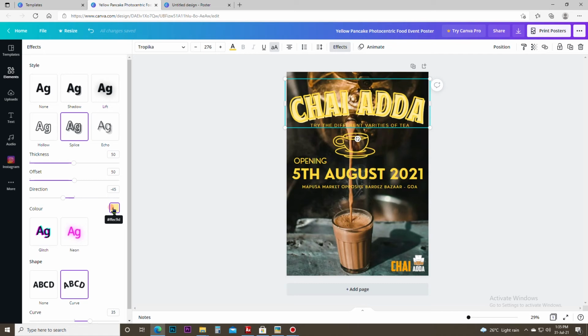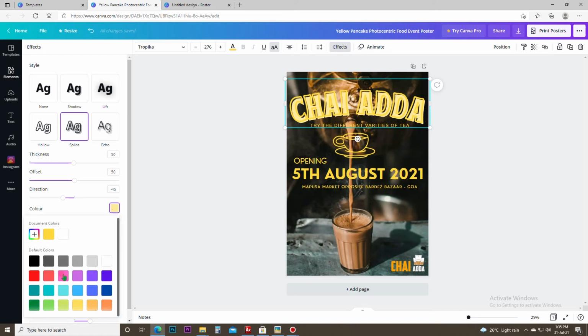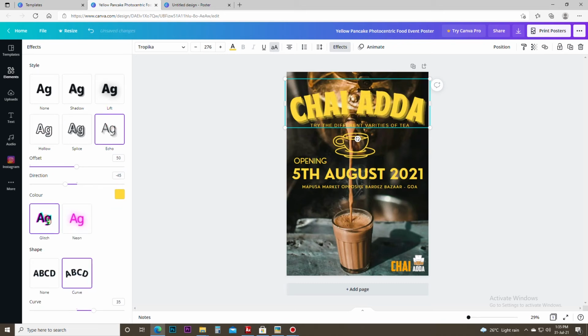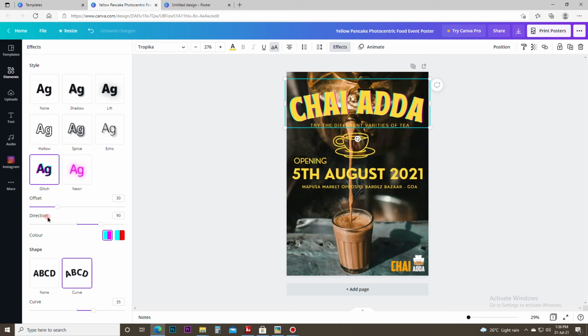So you can add in the color also, whichever color you need. I'll just go for pink. Oh, that looks nice. I'm gonna try it for some other poster someday. Yeah, so next is this, and this is my favorite. Now you know how I did that. It was very easy. So yeah,